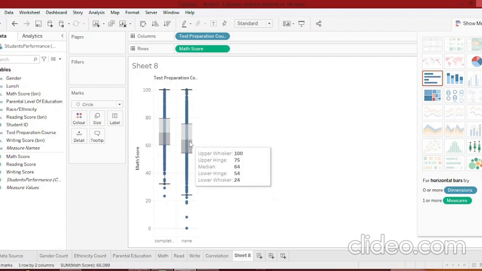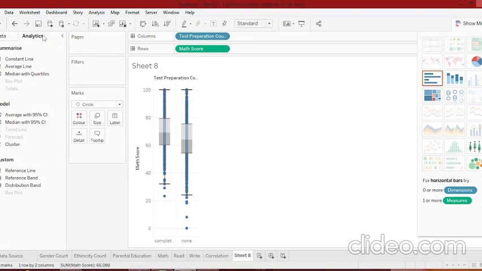Now we can see that the median of those who did not do the test preparation course, none, is around 64 marks, whereas those who completed the test preparation course scored on average 69 or 70. From this, we can tell that test preparation has a direct effect on the final marks obtained by the student. So this is how we go about exploring the student performance data. This was offline data which we collect in schools. Whereas if we have online data, we have many other resources in Kaggle which we can refer to and infer our thoughts upon.